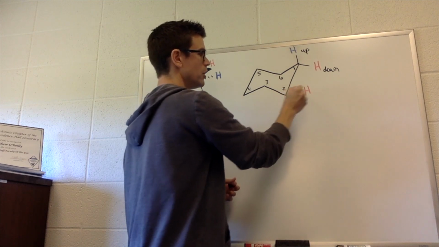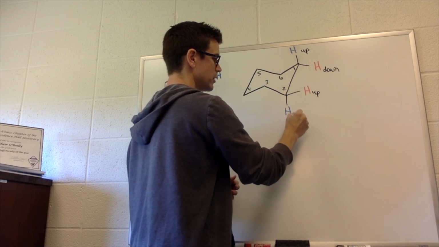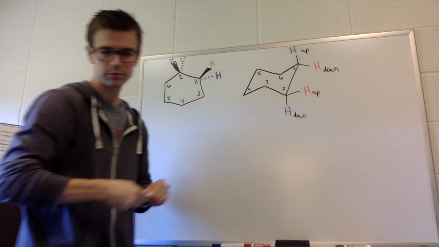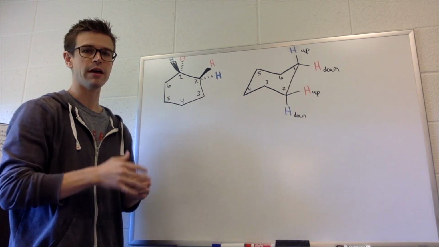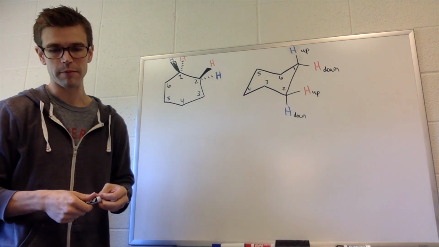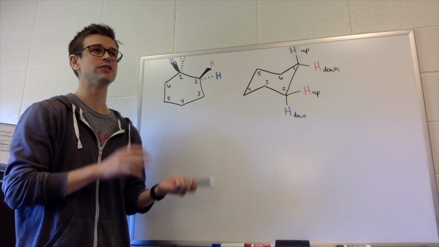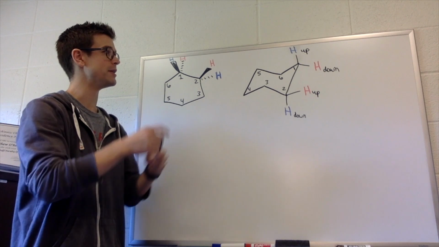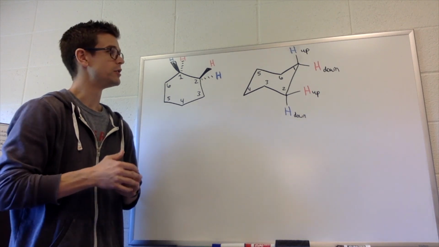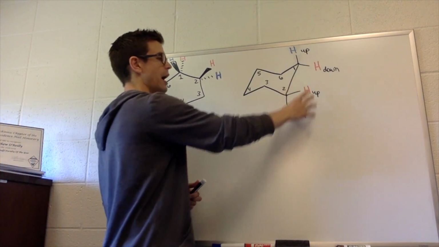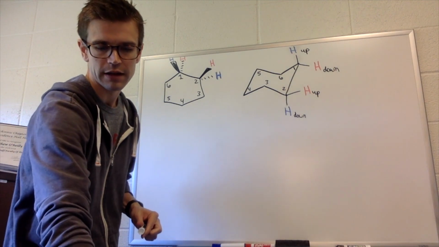For carbon 2, this is the hydrogen that is up. It is higher than this one here, so this is the hydrogen down. So why do we have to label them up versus down? Well, it's because we have 2 ways to describe our hydrogens. We can call them up and down, but we can also call them axial and equatorial. So take a minute, label the hydrogens I've indicated as axial, equatorial, and then try and fill in the blanks